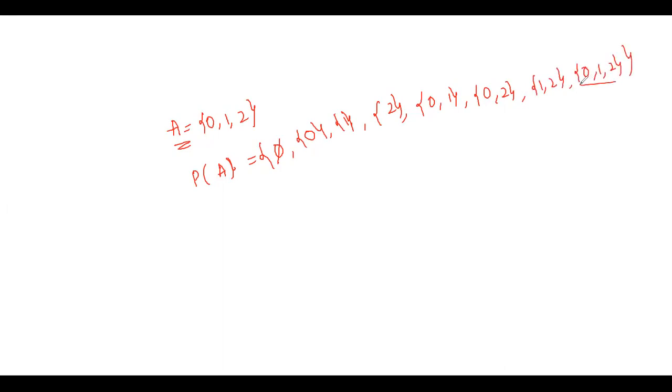The reason we are including these two sets is because you remember the theorem where the set has at least two subsets. One is the empty set and the other is the set itself. Okay, apart from that, {0} is a subset of A because 0 is in this set and 0 is in the set A, and similarly you can verify for all the elements of the set P(A). Okay,